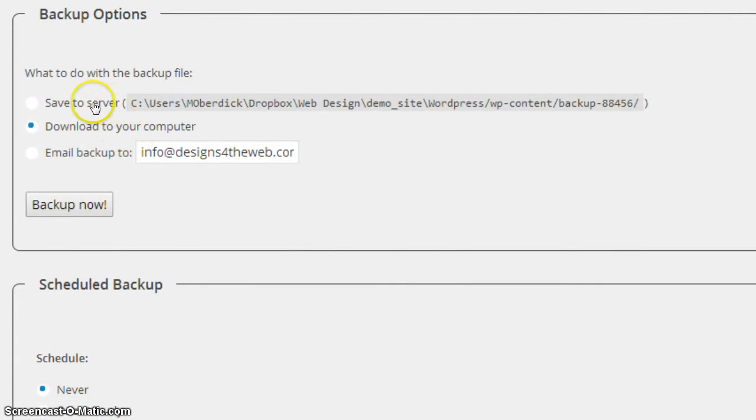In here you have three different options. You could choose to save it to your local computer or your server, depending on if you have a live production site. You can download it to your computer, or you can email a file to an email address. Now again, if your backup is really big, you may have a problem with this depending on which mail service you're using. So for this one, I would save to server and click backup, and I'm going to do that so you can see